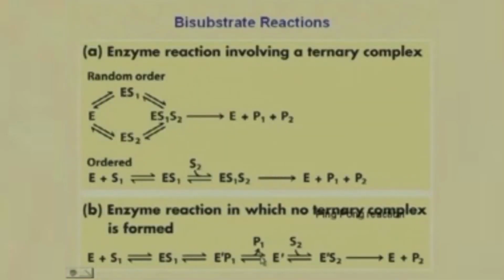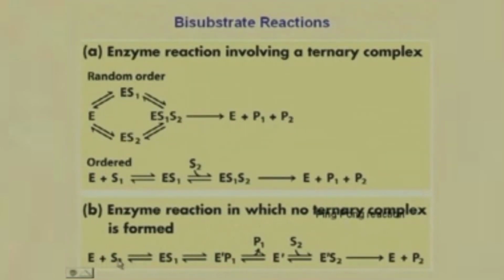So there are two substrates involved, two products being formed. You can either have a formation of a ternary complex where you have E, S1, S2 formed in a random order, or a sequential order where you have the products formed. Or you could have a ping pong reaction